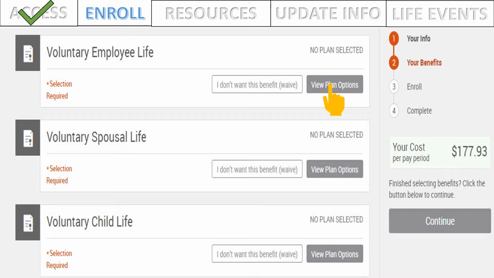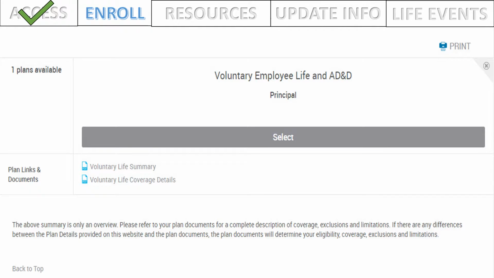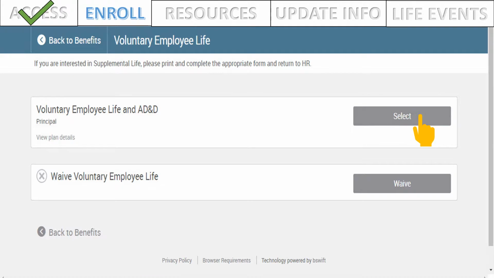Let's see our choices by selecting View Plan Options. You have the option of selecting View Plan Details and reading the overview for the life insurance, which will bring you to this page. I'm aware of the benefits of having life insurance, so I'm going to move forward and select Back to Plans. Once hitting Select,